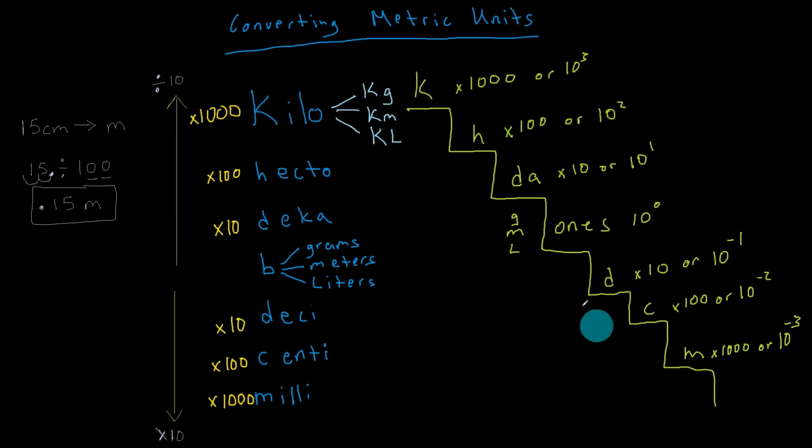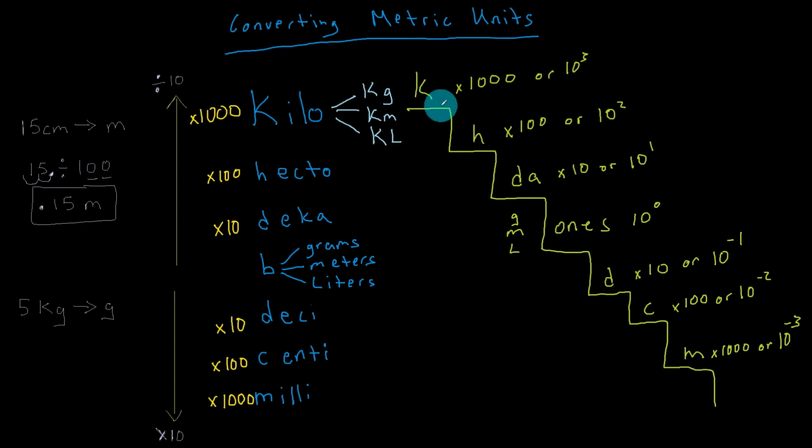So if you're moving down the staircase or to the right, you're going to multiply by multiples of 10. So let's pretend that we have 5 kilograms, and we want to convert to grams. So the first thing I want to do is locate kilograms. Kilo is here, so kilograms should be on this step, and I want to move down to the gram step,